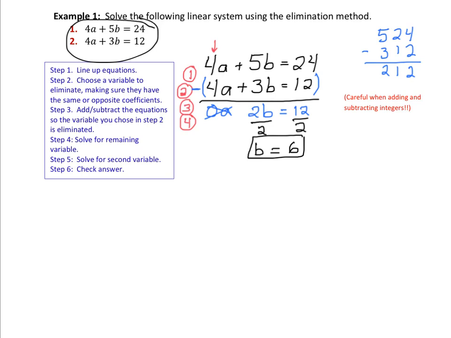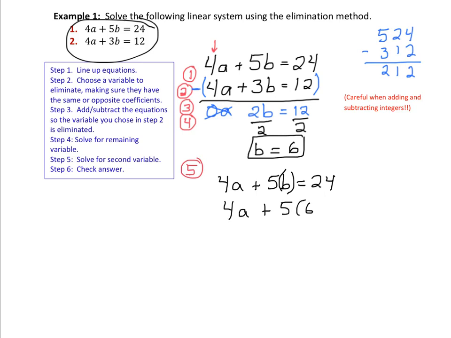So now we need to go and find out what the other variable is equal to. What is a equal to? And this is step 5, and we can pick either of the equations from the very beginning, from the question. So we might as well just pick the first one. 4a plus 5b is equal to 24. Okay, and we know that b is equal to 6, so we're going to replace b with 6,